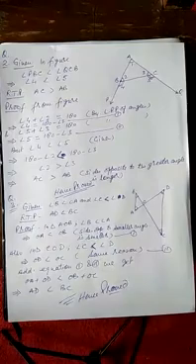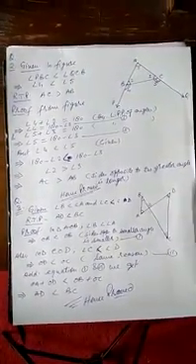But it is given that angle 4 is smaller than angle 5. So it implies that 180 minus angle 2 is smaller than 180 minus angle 3, which implies that angle 2 is greater than angle 3. That means AC is greater than AB, since the side opposite to the greater angle is longer. With the help of that property, AC will become greater than AB.